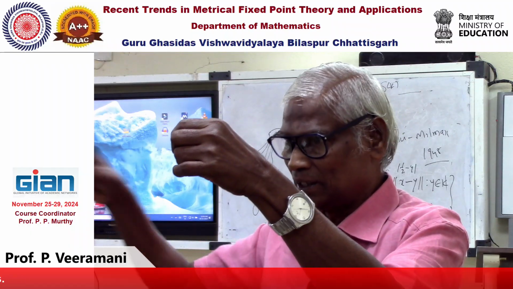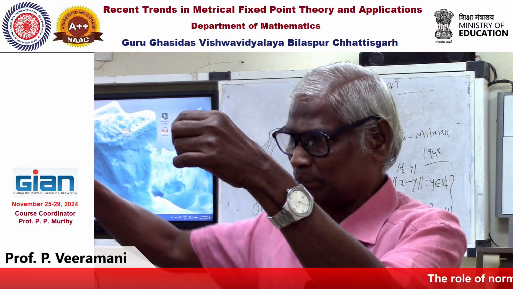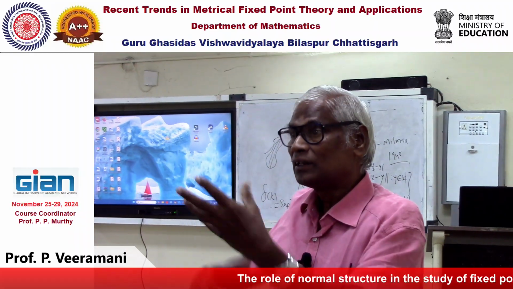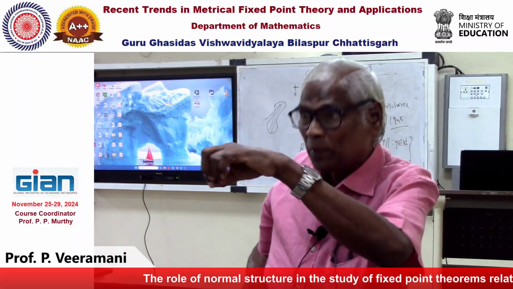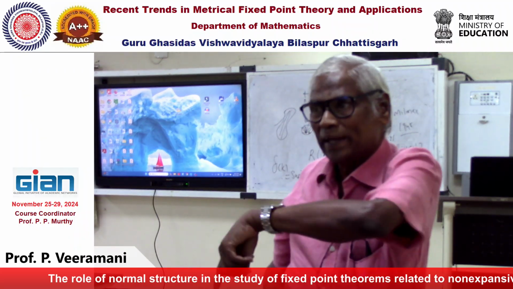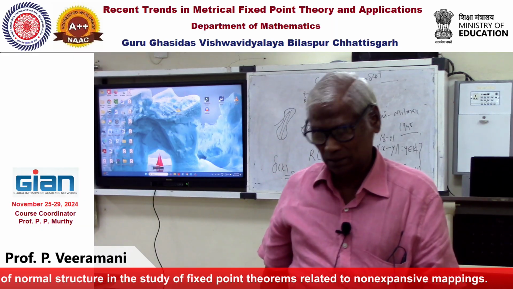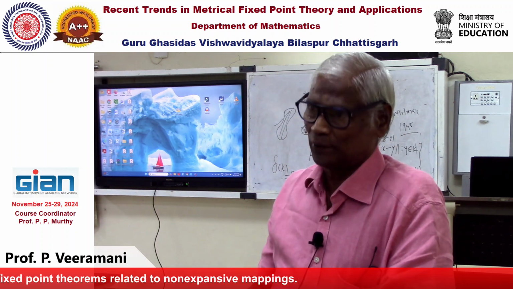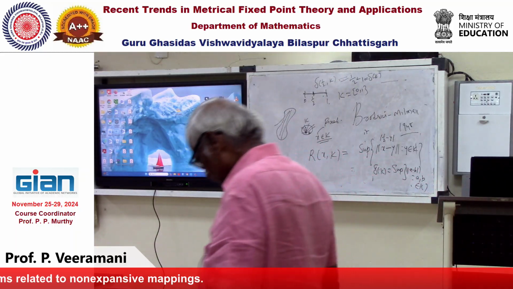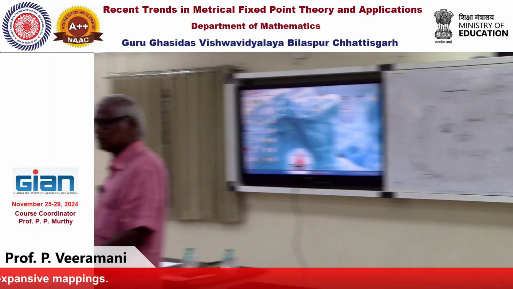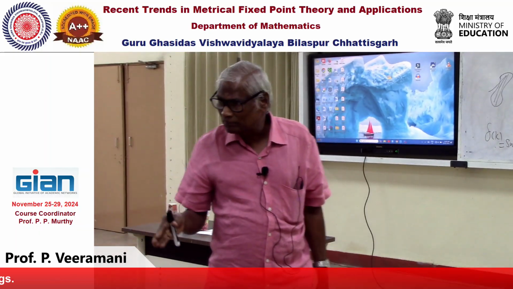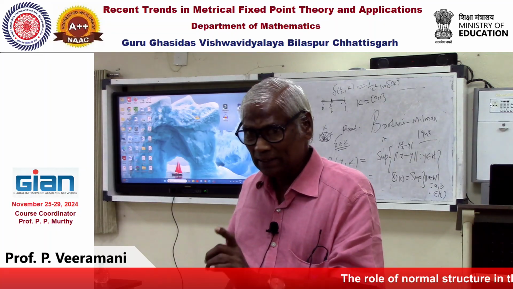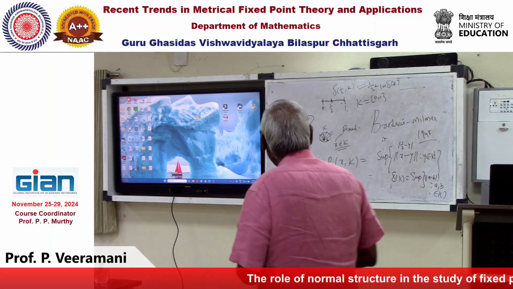Suppose T1 is in script F, T2 is in the collection script F, T1x equals x, T2x equals x, T3x equals x, like that. The family has one common point which is fixed by every member. That type of result was proved long back by Brodskii and Milman. Using that, they introduced normal structure. You can easily verify, though not very simple, that a compact convex subset of a Banach space does have normal structure. The meaning is, you take K, I will not write everything,